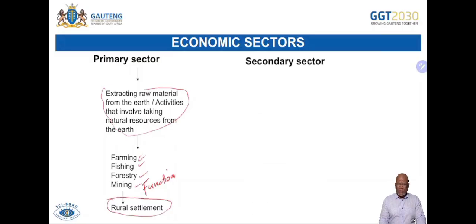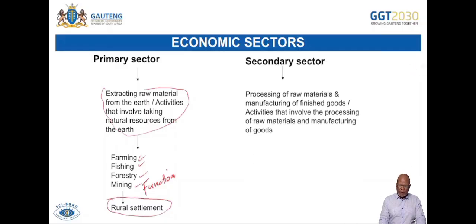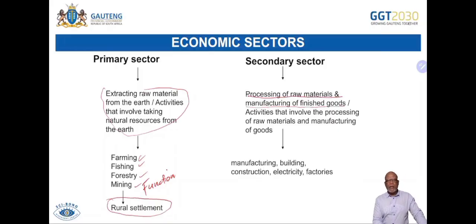Then we have your secondary sector. You need to know the definition for secondary sector. How do you define secondary sector? You say secondary sector is a processing of raw material and manufacturing of finished goods. So that is a definition for secondary sector. You say it's a processing of raw material and manufacture, because when you process raw material, it means now you're changing your milk into cheese. So you have put it through a process, and then, like we said at the beginning,